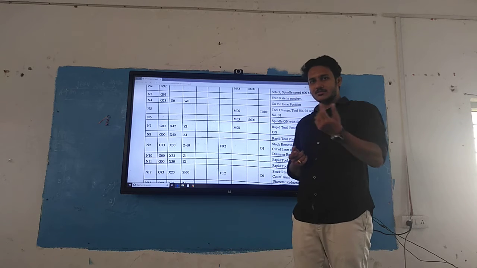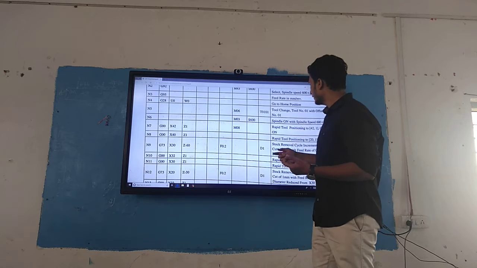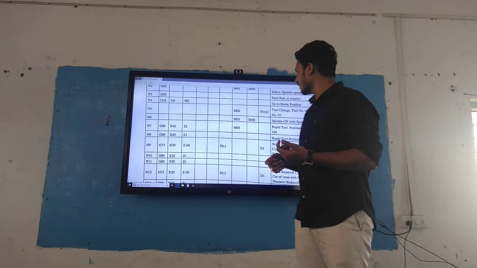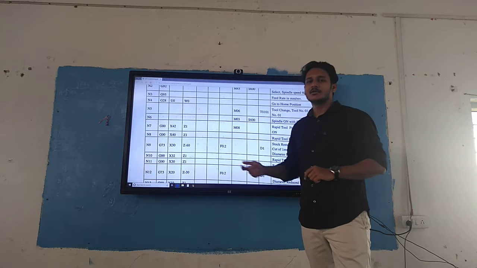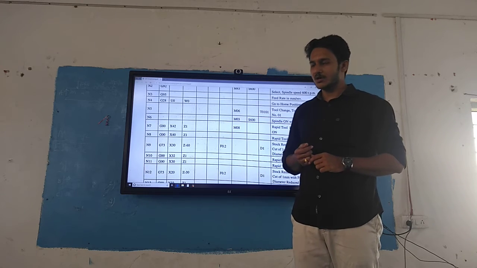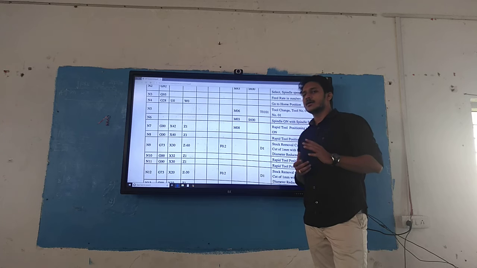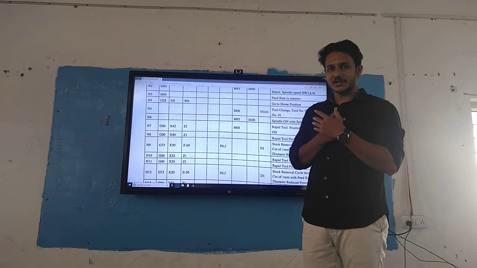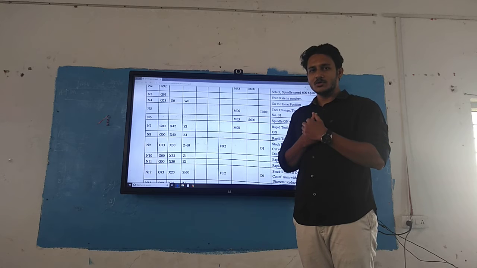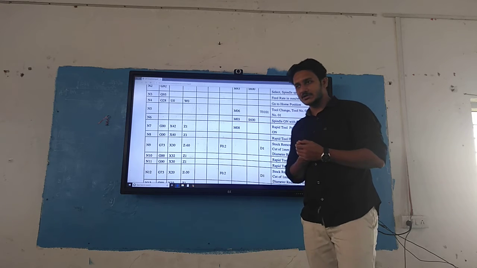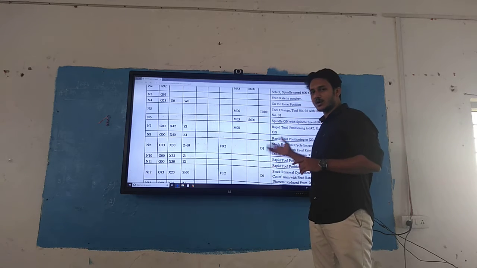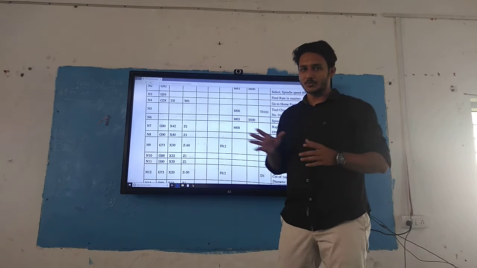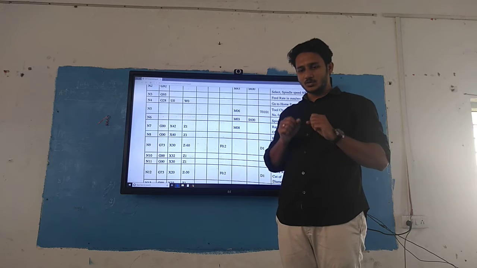From tool 1, tool in the turret position 1, we need to turn on the spindle, so we are using M03 with a spindle speed of 600 revolutions per minute. Okay, this remains the same. Now how I am going to do my machining operation depends on the program we write here. So whatever the tool position, I need to specify the tool position right now.